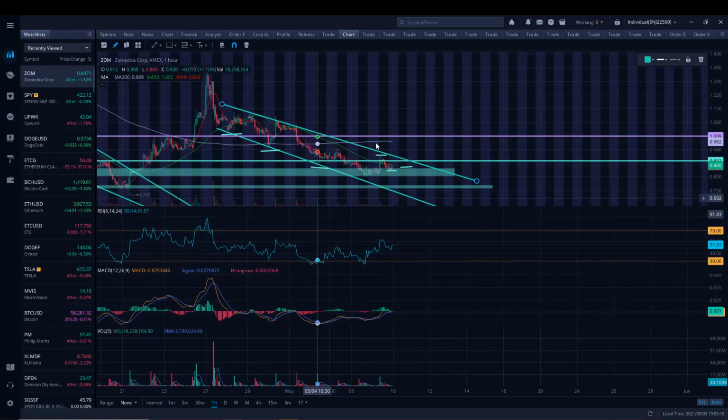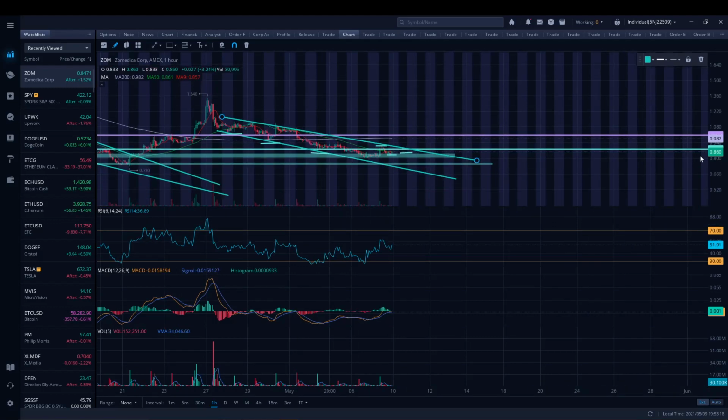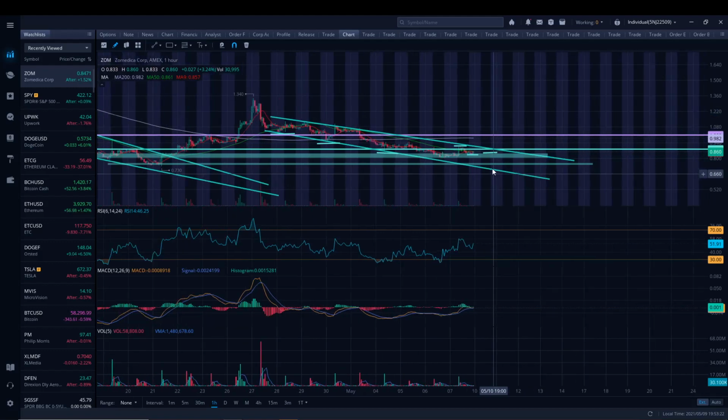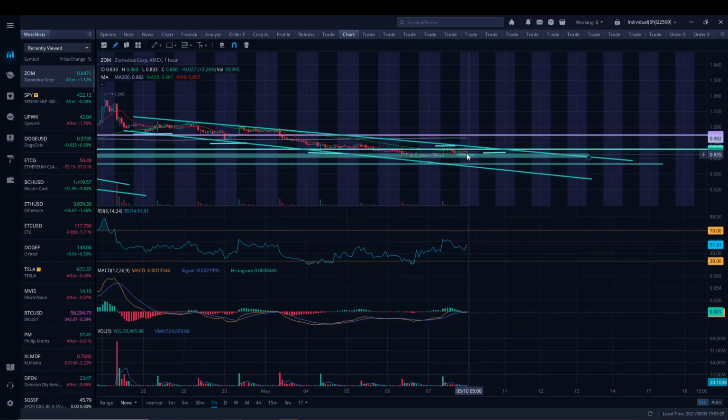But now it's coming down to that support level where it did like the bounce in the past. If I just zoom out, you see around here, we're at this blue box right here. So if we can get some support there and continue to set higher lows, then the trend might be over,